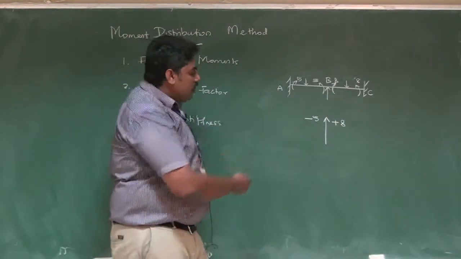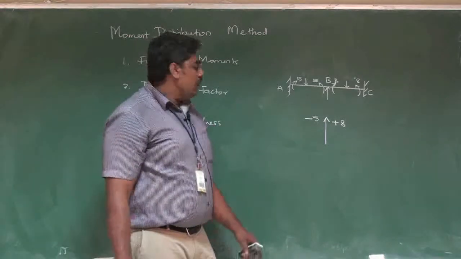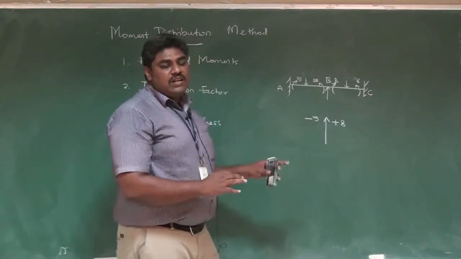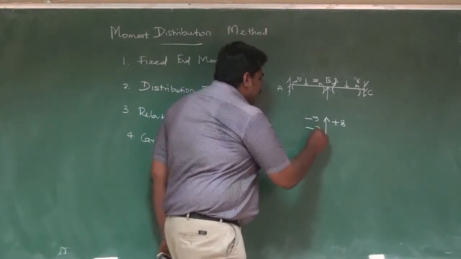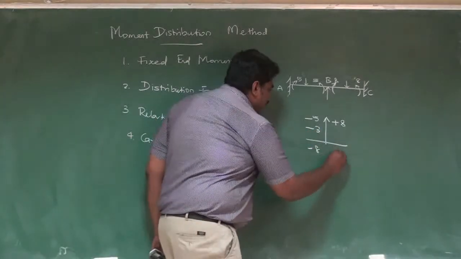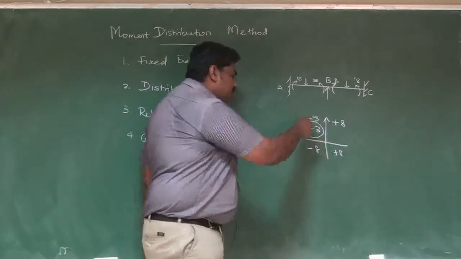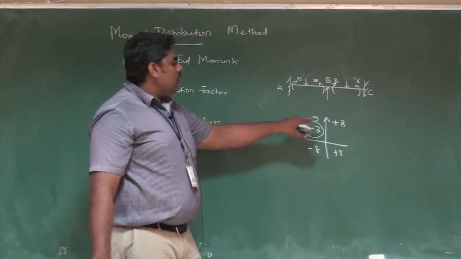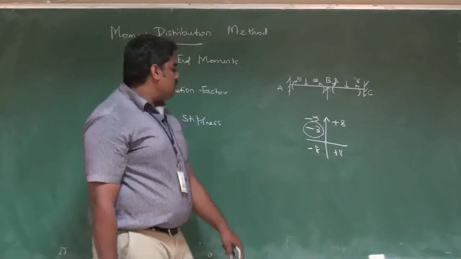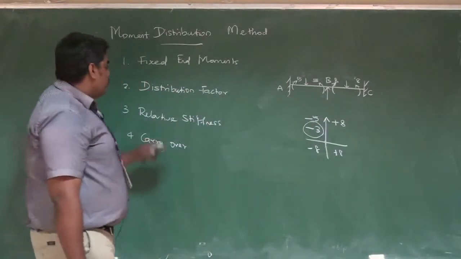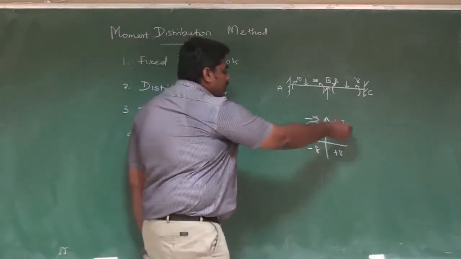So I have to put a moment additionally and this moment has to be distributed to the sides, right? I can't simply add a moment, because that is not analysis. If I want to make it 0, I can't simply substitute 3 and say it is minus 8 and plus 8. But on what basis is this particular 3 introduced, and how is it distributed between these two? It is based on the stiffness of the member, right? So the distribution factor is a numerical value based on which I am going to neutralize these two moments.